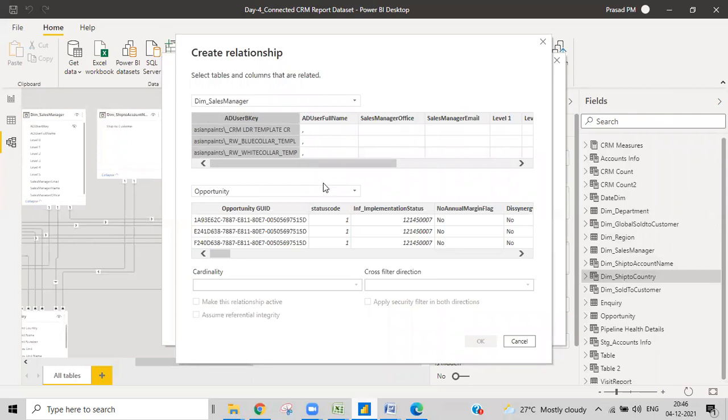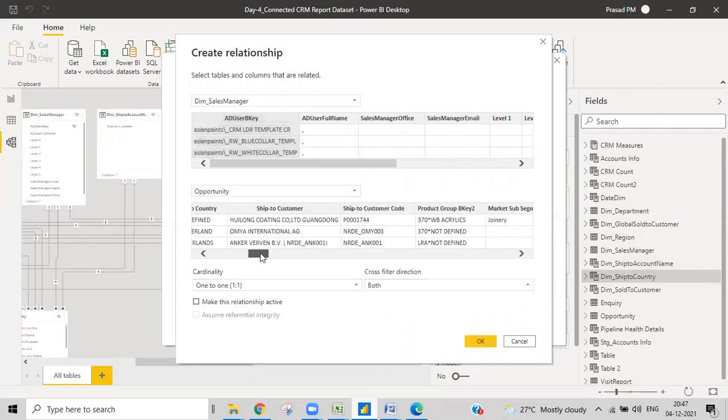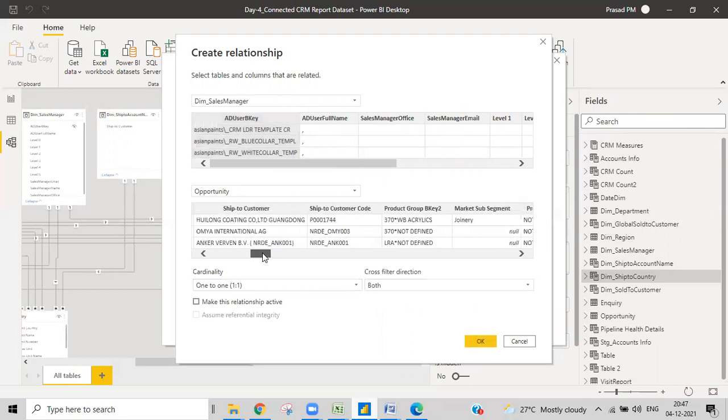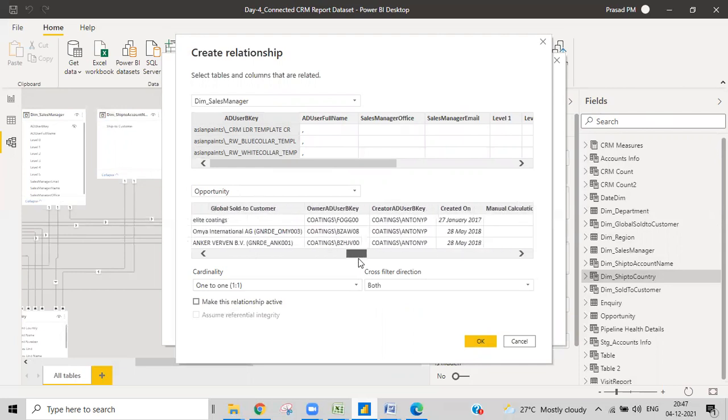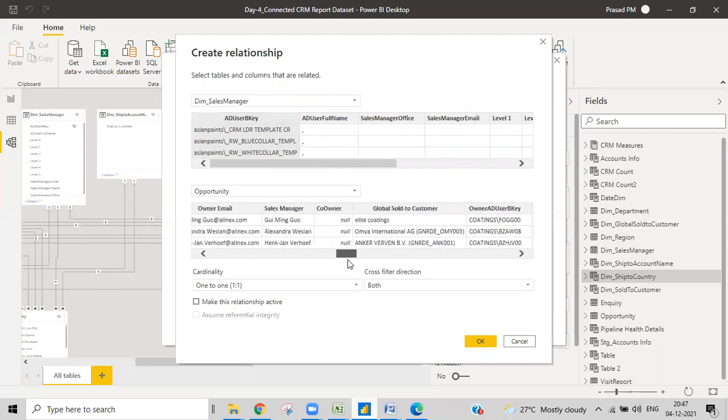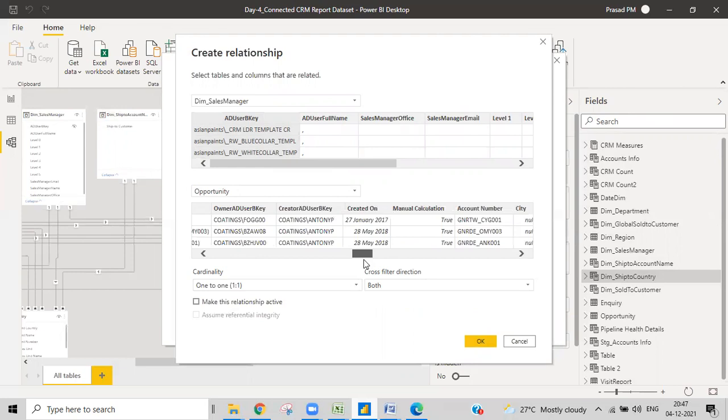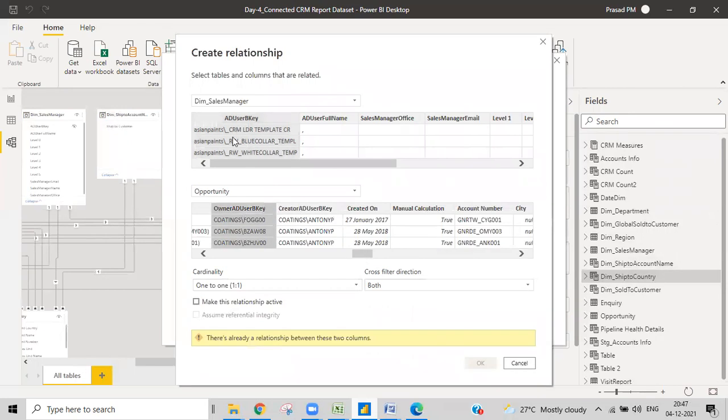Here is my column, and I'll check for the common column over here. What is the common column? I'm not sure, you'll just check it out. Maybe this one or this one. Yeah, this one, I hope so. Then you'll have a one-to-one relationship, and you can choose single or both directions, whatever we want, and then we just click on this.